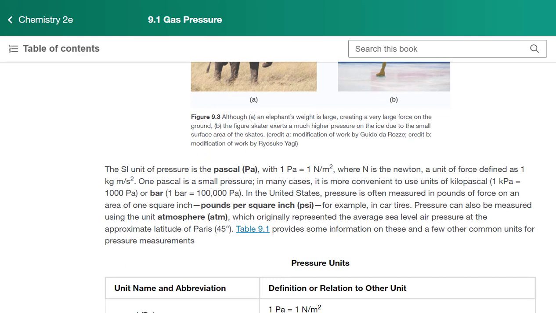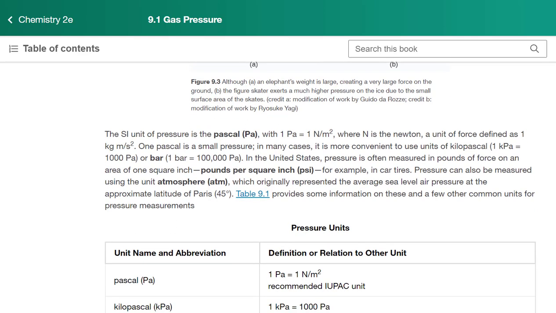For the measurement of pressure, we have several units. The SI unit is technically the Pascal. We're not going to use it very much in this class, but that is equal to 1 Newton, the measure of force in the SI system, per meter squared. We often, instead of using pascals, will use something like pounds per square inch. You might, for example, be aware of this when you're driving a car: you have to have your tires inflated to a certain PSI. So that's measuring the pressure inside of those tires.